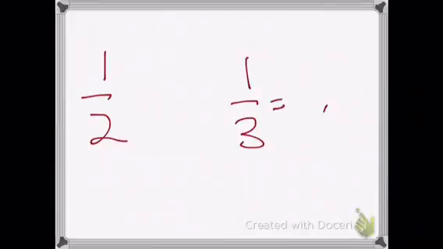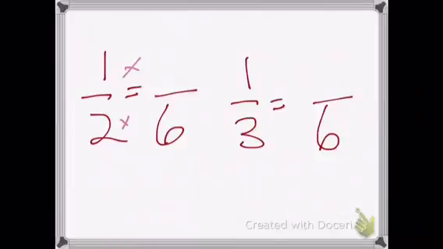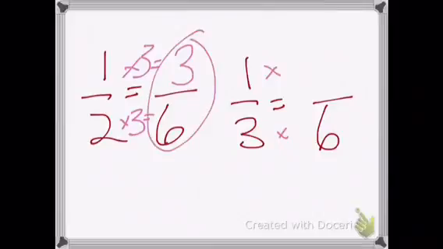Now I have to make 1/2 and 1/3 equal to something with a 6. Remember, we just do 2 times what equals 6, and 3 times what equals 6. 2 times 3 equals 6. Therefore, our top number is 3. 1 times 3 equals 3. Then 3 times what equals 6? That's 2. 1 times 2. Remember, we just do the same on the top and bottom. Equals 2. So we're going to do 3/6